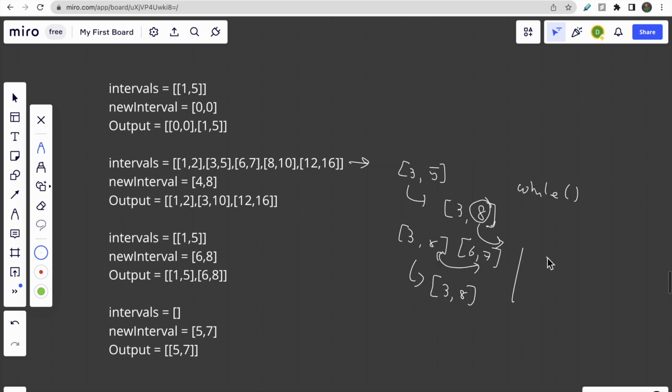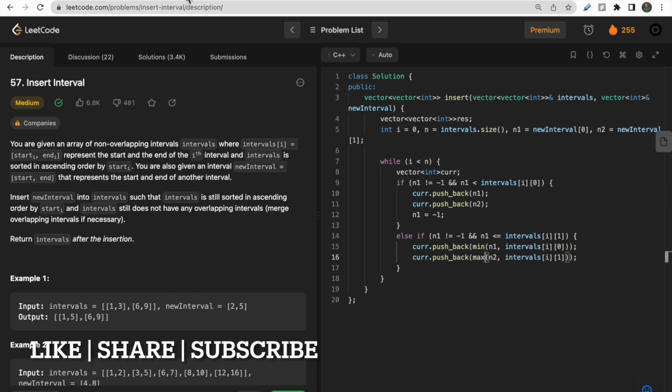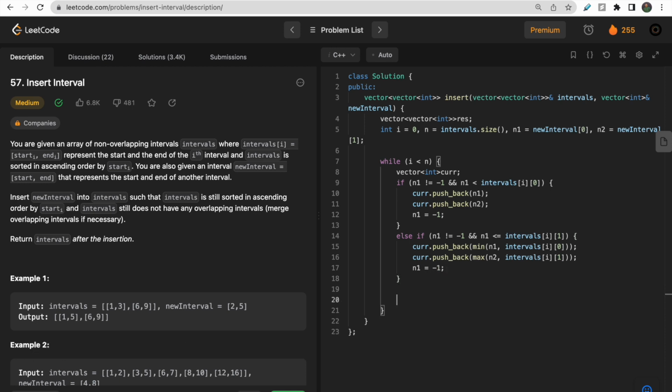Now the next interval is 8 and 10. Now this 8 is overlapping with the starting. So what we would do, we would change 3, 8 to 3, 10. This maximum of 8 and 10 we would take in the current interval. And now the next interval is 12, 16. This is not overlapping with this, so we would directly push to result. Got it? And we would also make n1 equals to -1, and we will run a